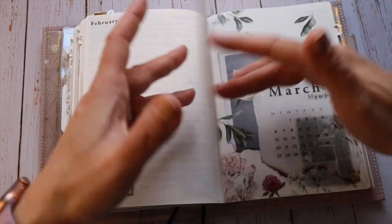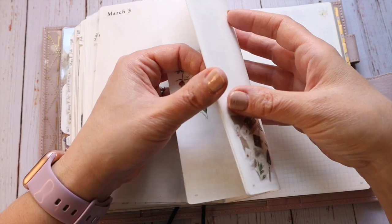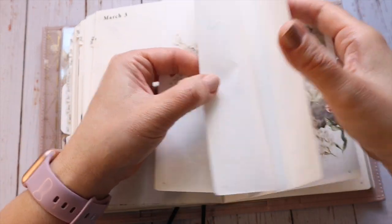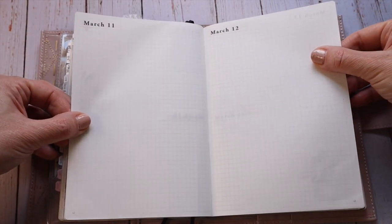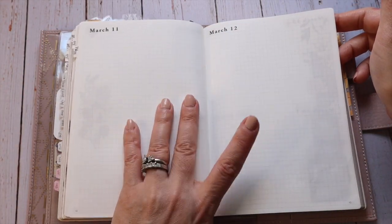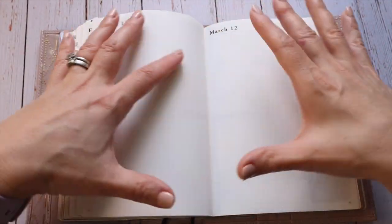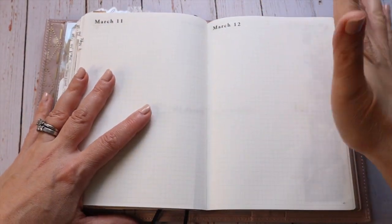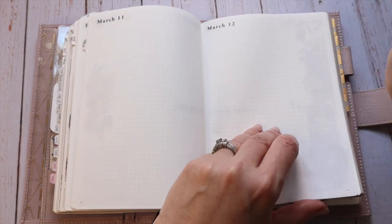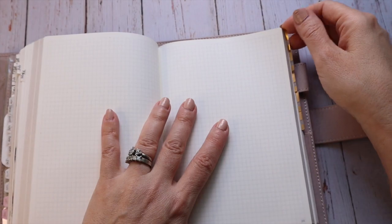Sometimes I will use a full page, like in March for my birthday. I left a wide open single day spread for both days, and these both just happen to be a weekend, so that'll work out well. I can put pictures and have a lot more here for my birthday spread, so I'm excited to be able to do that. Then all the way in the back,